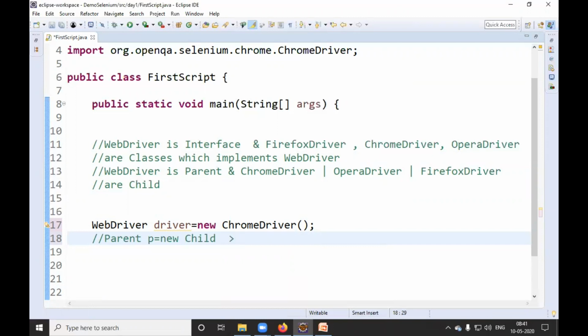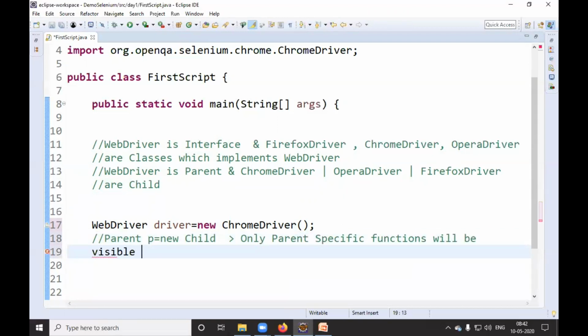What is the benefit of this? Only parent specific functions will be visible, and every other function will be hidden. You won't be able to see them.